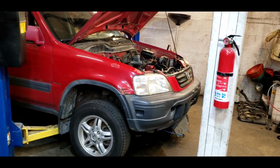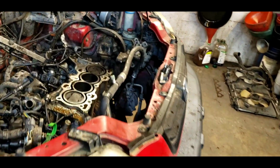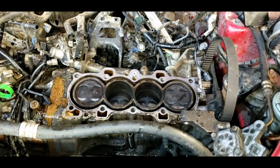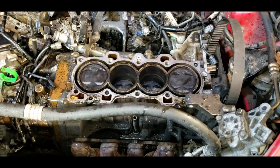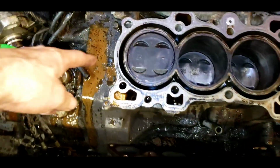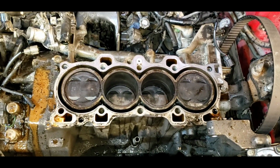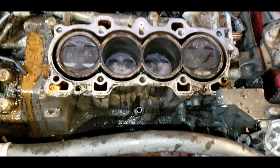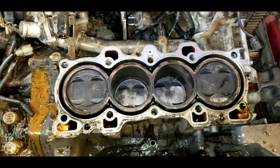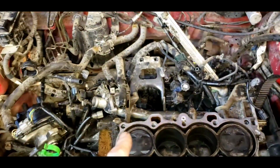Okay, welcome back. We got the cylinder head off of our 2000 Honda CRV, and as always, sometimes I'm confused. So this thing was pumping. You can see the nasty oil. I changed the oil. It was a milkshake. It was mixing coolant and oil. So that's not good. This is an open deck 2.0 liter, and compression tested